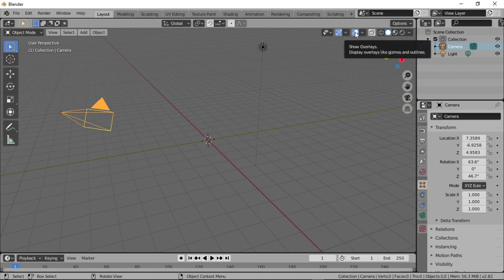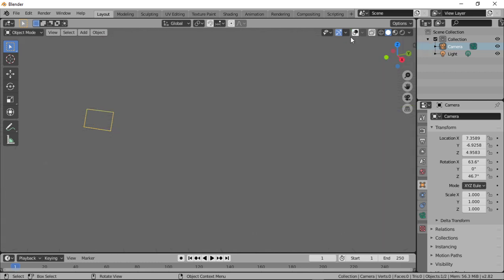So a good example would be, let me click this overlay button. The overlay button allows you to hide stuff that isn't visible once you choose to render. So we're going to click that, and you see everything disappeared except for this indication that you're choosing to select the actual camera. So this is the kind of thing that you will have to realize once you start using